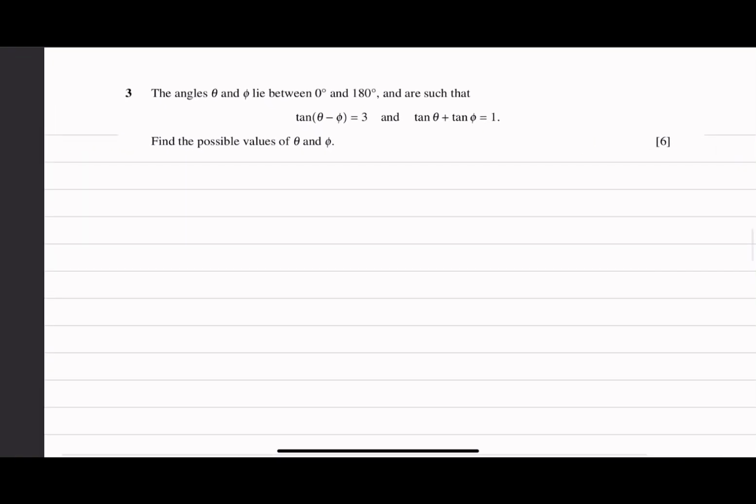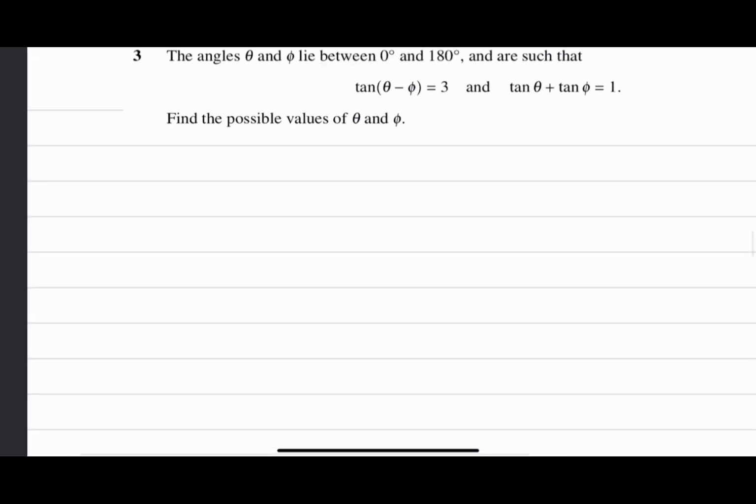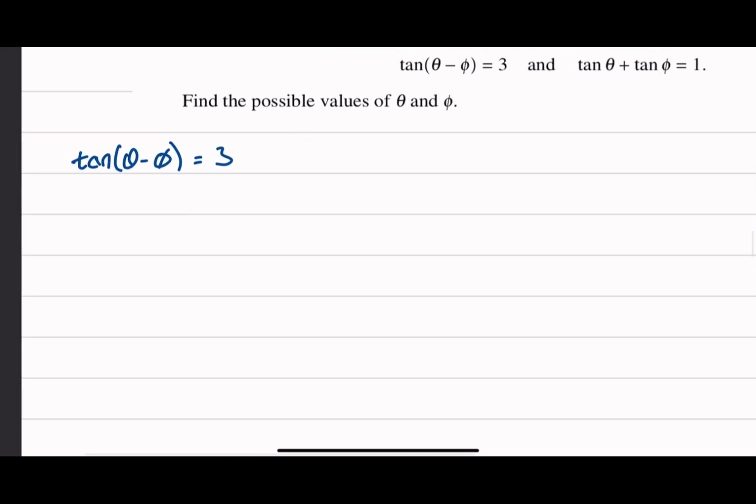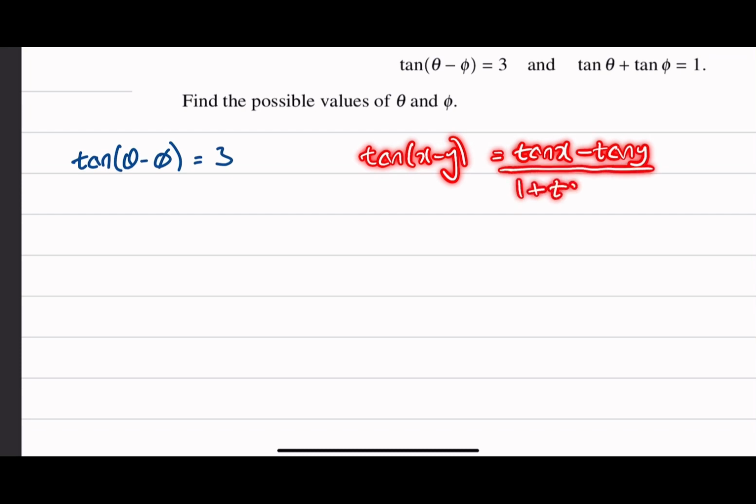Alright, moving on to question 3. They've given us a system of simultaneous equations where we'll have to use the compound angle identities. And we know that tan x minus y